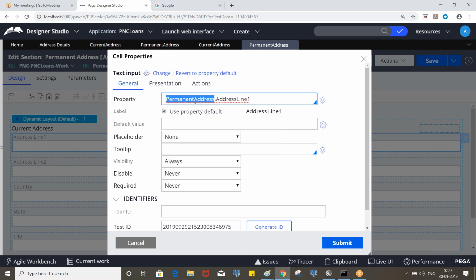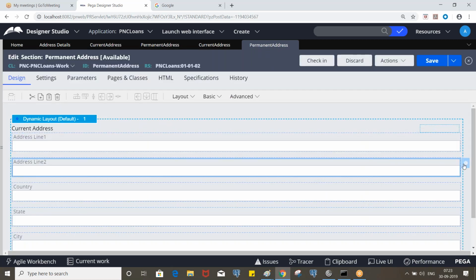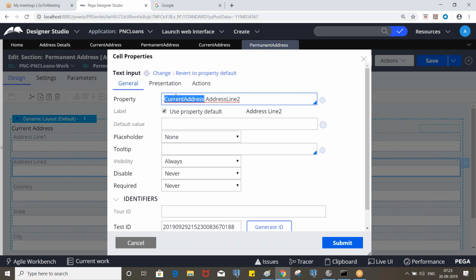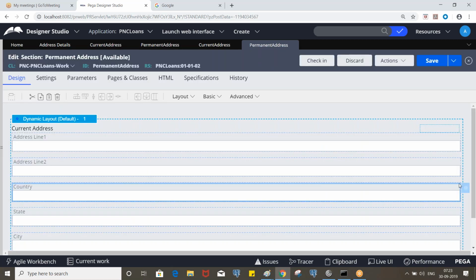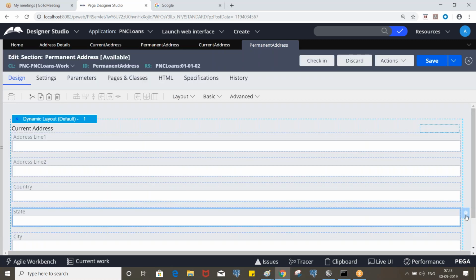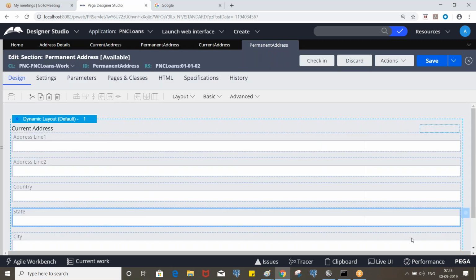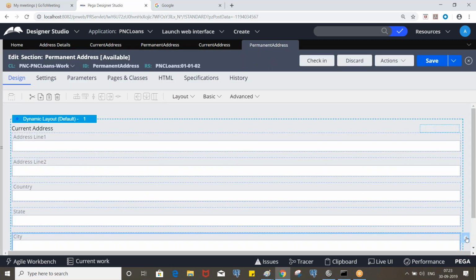Okay, so permanent address dot address line 1. Permanent address dot address line 2, and country, state, city, and zip.